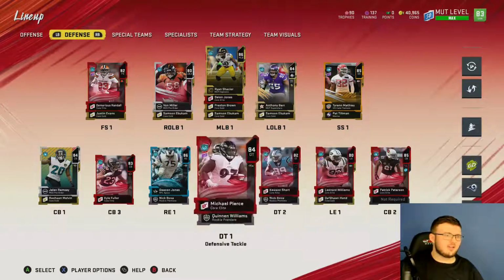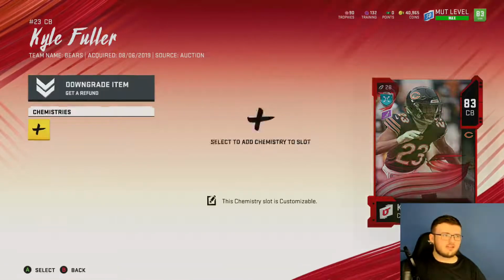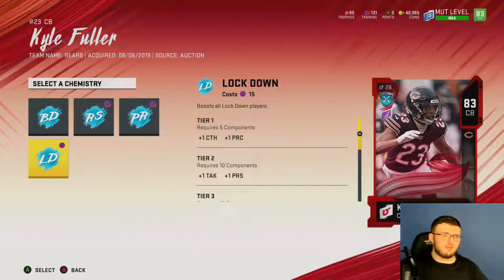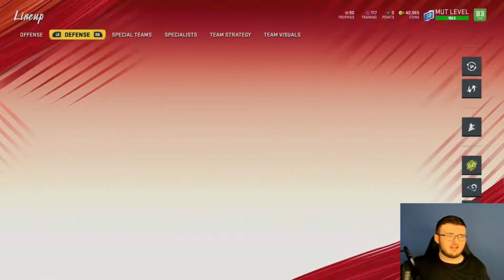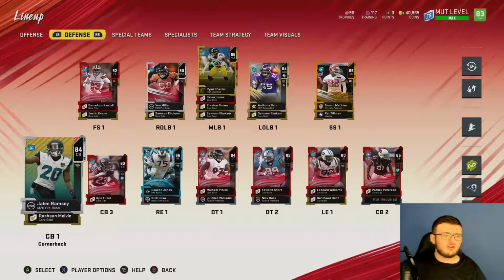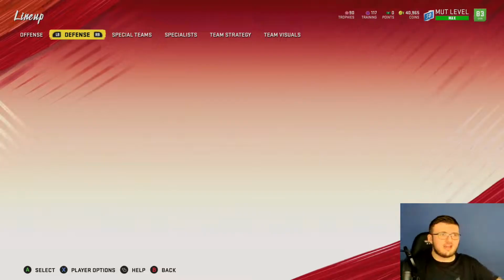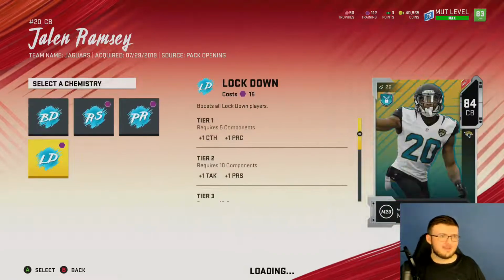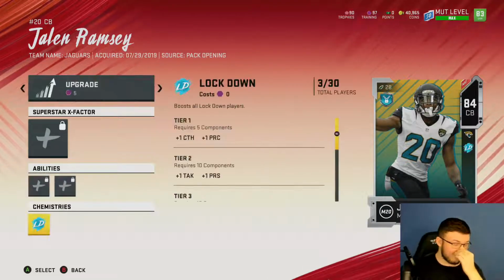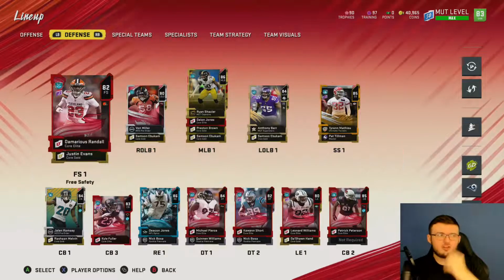Actually, you know what? Let's see. Especially because early on like this, I don't usually like to put too much chemistries on my players. But I feel like these players, for the most part, we're going to be using for a good amount. Now, of course, lockdown gives you plus to catching, and it also gives you plus to zone coverage. Now, the reason why I don't really like using chemistries that much early on is because, +2 to zone coverage right now doesn't help me out too much for